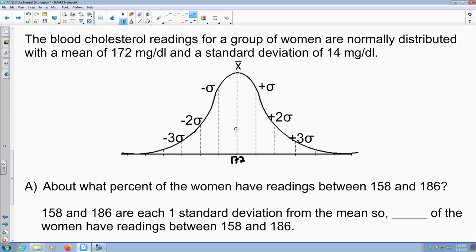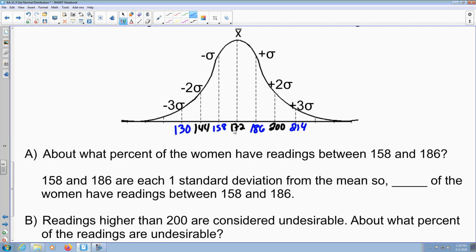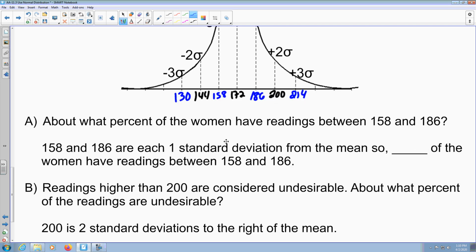So it's going to be, what, 186. And it's going to be, what, 200? And finally, what, 214? Then to the left, you're just subtracting 14. So now I get what, 158? I get 144. And final number is 130. So what they're asking here is,